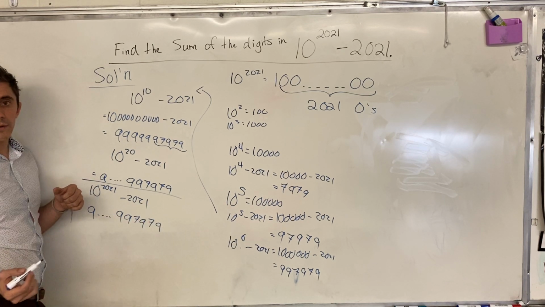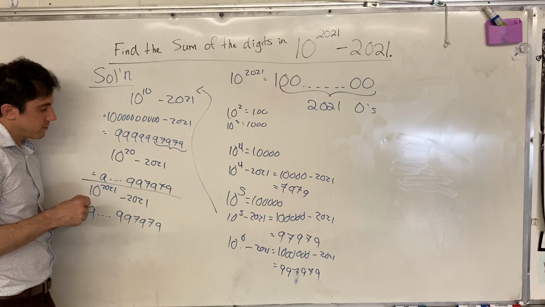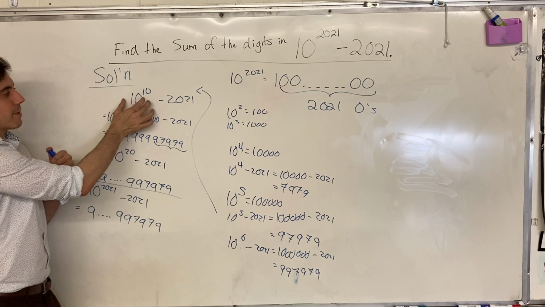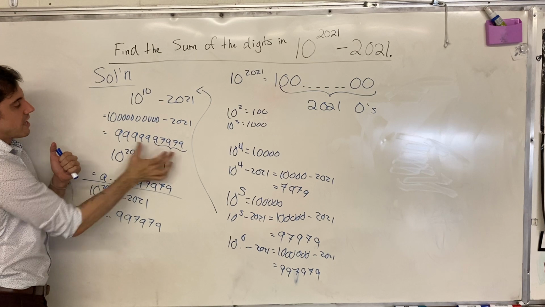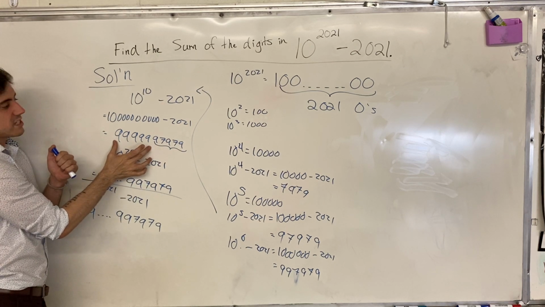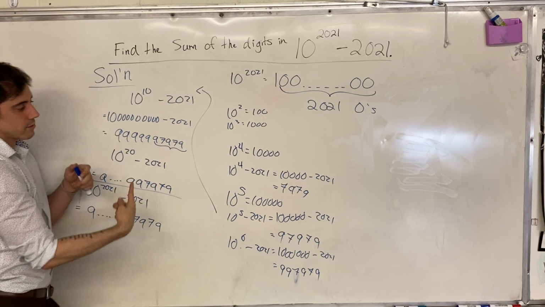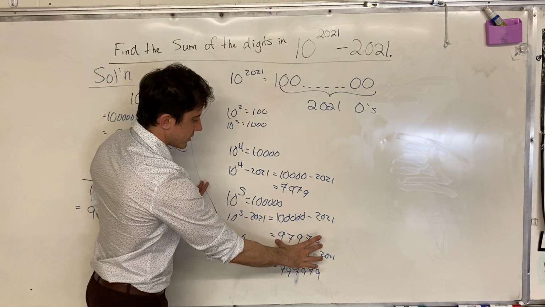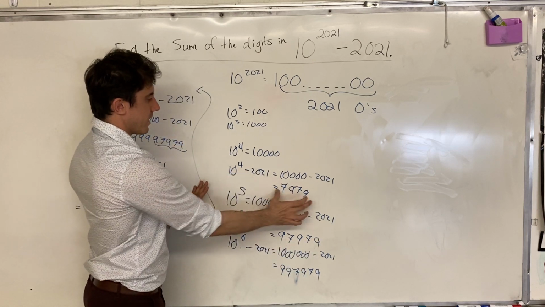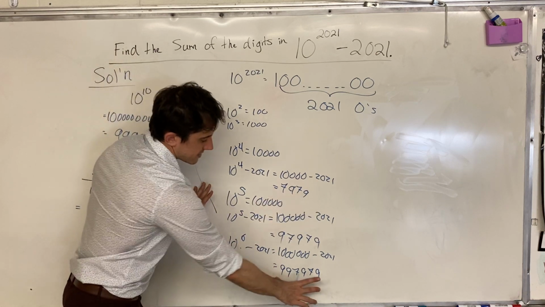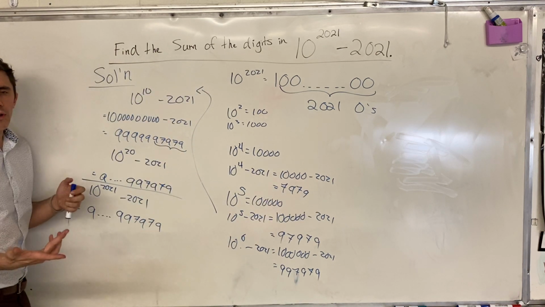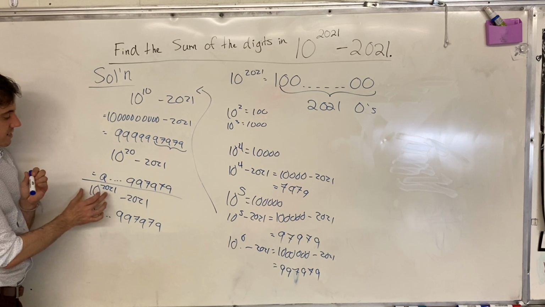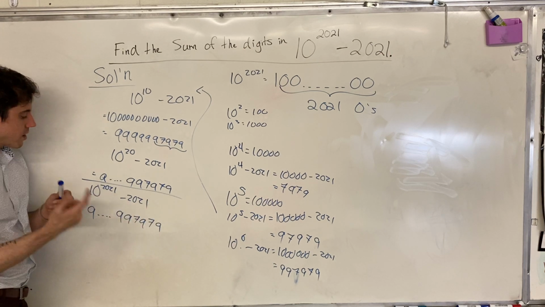97979. Okay? Now, if we look at 10 to the power 10, we have 97979, and we have 5 9s before it. So we have 10 digits in total. Okay? 10 to the power 5, we had 5 digits in total. 10 to the power 4, we had 4 digits in total. 10 to the power 6, we have 6 digits in total. And so it would follow suit, naturally, that 10 to the power 2021 minus 2021 would give us